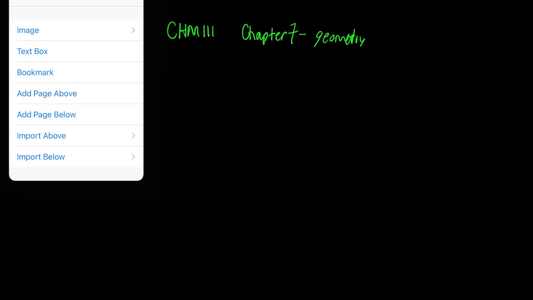Okay, welcome back to Chem 111. We're pretty much done with Chapter 7 here in the OpenStax Chemistry 2nd edition textbook. The chapter is focusing on Lewis structures and geometry and things like that, and I'm not exactly sure how well this would work here, but I want to show you